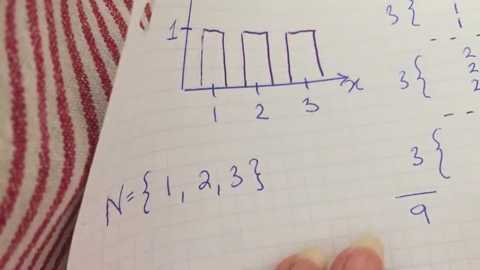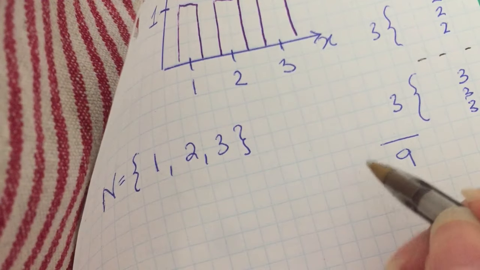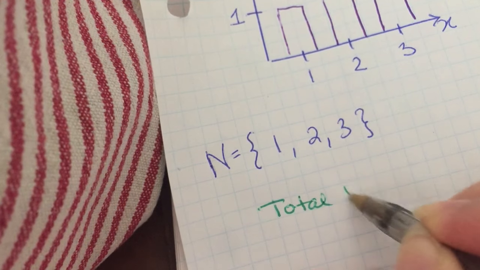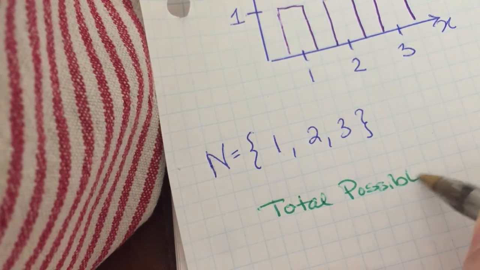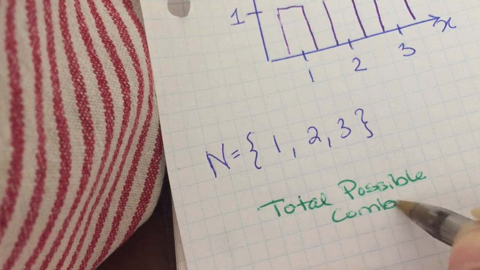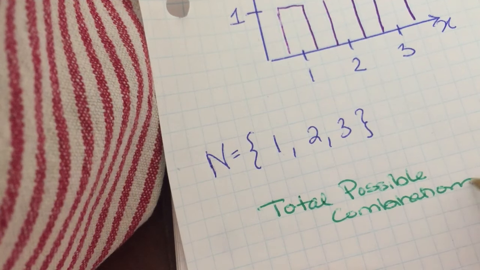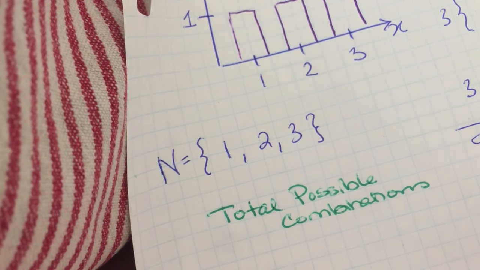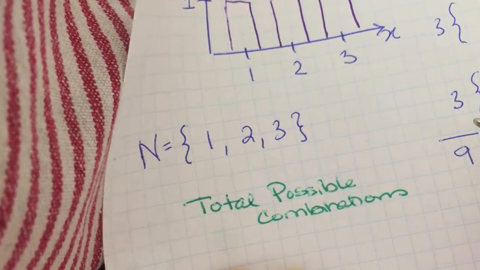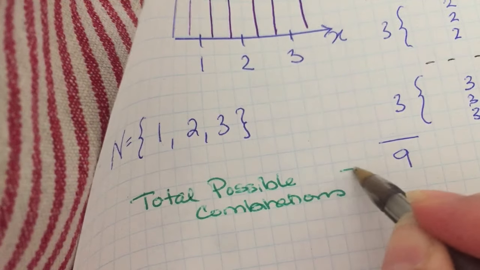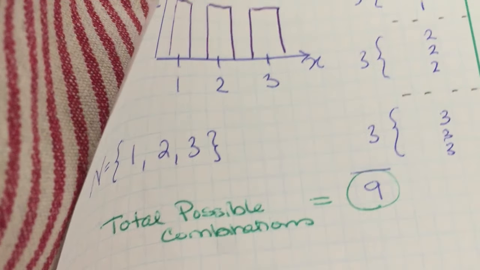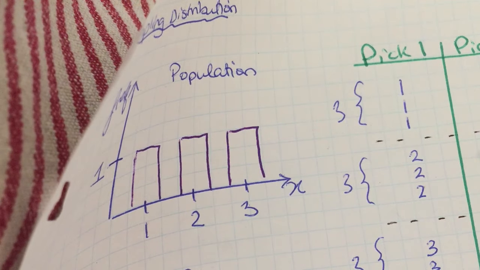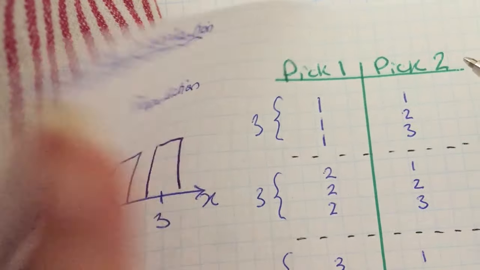So this is the total. 9 is the total possible combinations or possible samples, all possible samples equals 9. Okay, and now what we want to do is calculate the statistics on here,